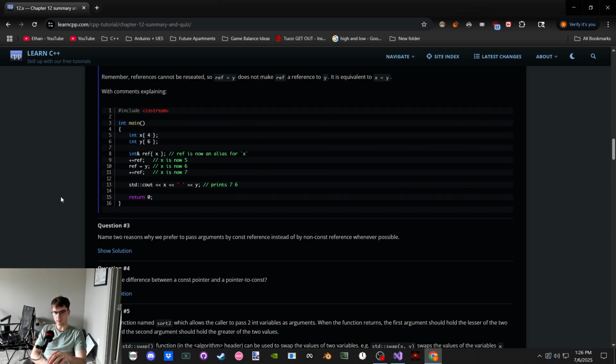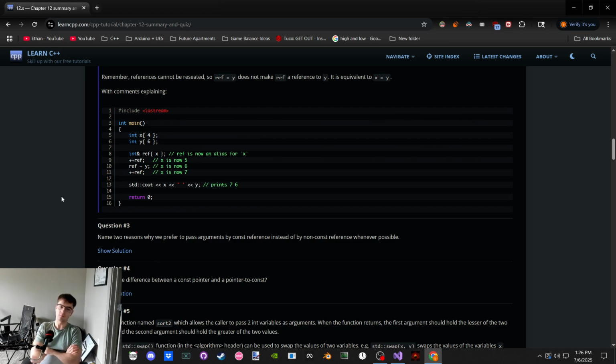Two reasons why we prefer to pass arguments by const reference instead of non-const reference. So it's the const part. Well, one could be so we can pass R values, which is a temporary that exists in the caller.